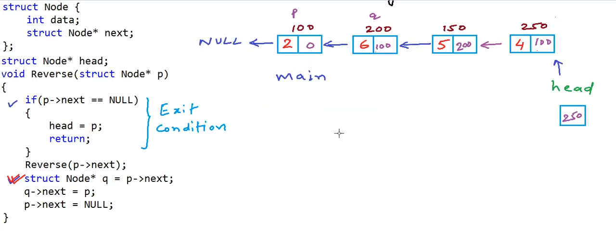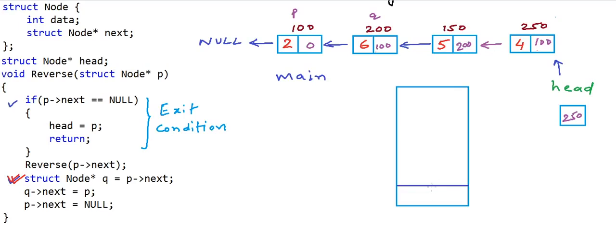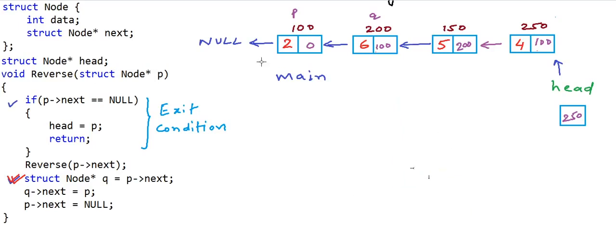We had seen in the previous lesson how things happen in memory when recursion executes. In recursion we save the state of execution of all the function calls in the stack section of the memory. In this function all we are doing is basically storing the addresses of nodes in a structure as we go forward in recursion, and then we first work on the last node to make it part of the reversed list, and then we once again come back to the previous node and we keep doing this. Watch the previous lesson for a detailed explanation and simulation of how things will happen in memory for recursion.